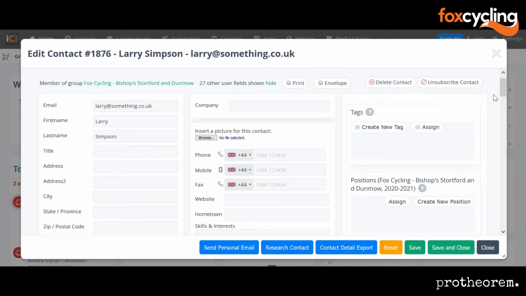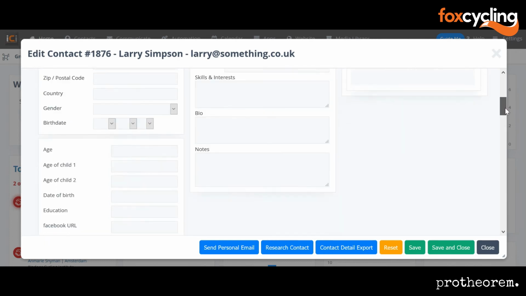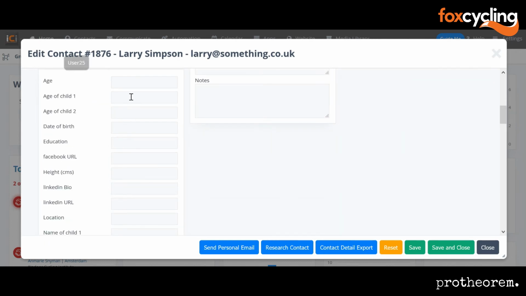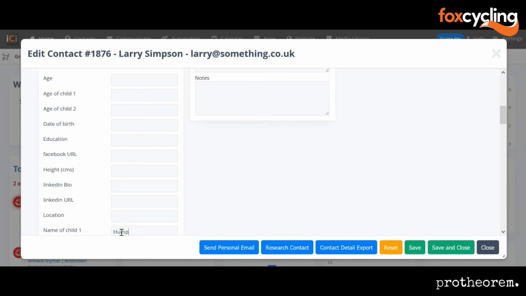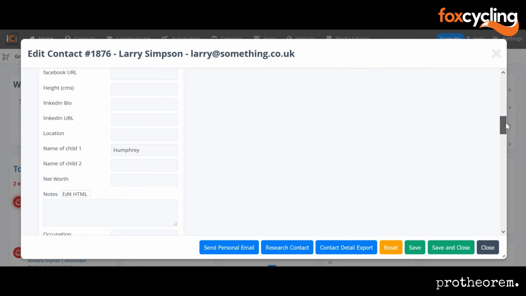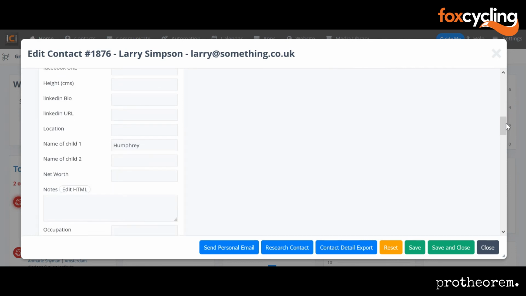What else do we have here? We can put in their mobile number. Most contacts are going to be offering you their email and their mobile number. So if you put their mobile number in, that is a good thing. You might want to add in, for example, their name of their child and the age of the child, if you know it, because we can